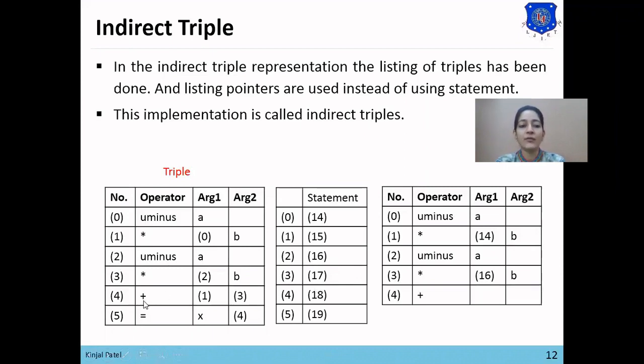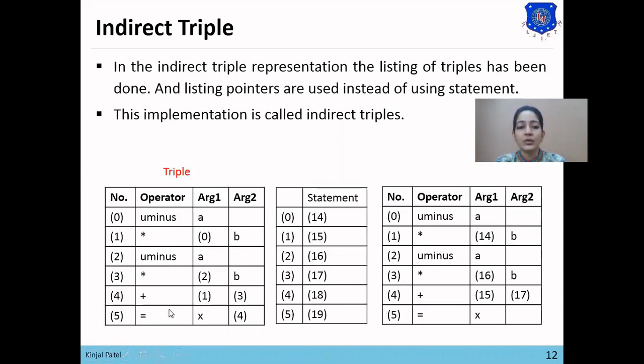Now next we want to perform addition between 1 and 3. As the result of 1 has been stored in pointer 15 and the result of 3 has been stored in pointer 17, addition will be performed for 15 and 17. So in argument 1, 15 will be placed and in argument 2, 17 will be placed.